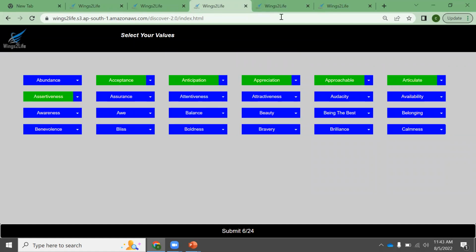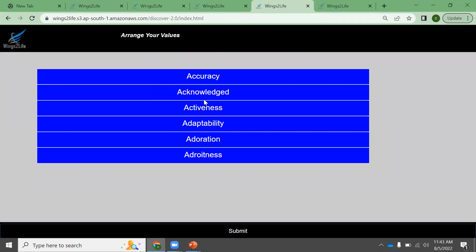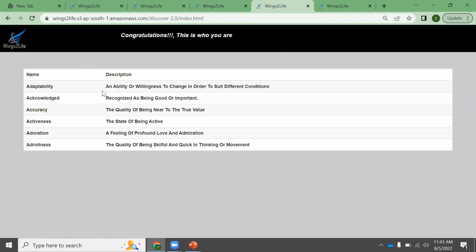And once we submit this, once we select these 6 qualities, we get this screen wherein we are supposed to order them using drag and drop. So this is how we get these 6 qualities, and once you submit, you see a screen like this. This is the outcome of this tool, which looks simple, but it's incredibly valuable for the clients, and it uses very interesting pieces of technology.